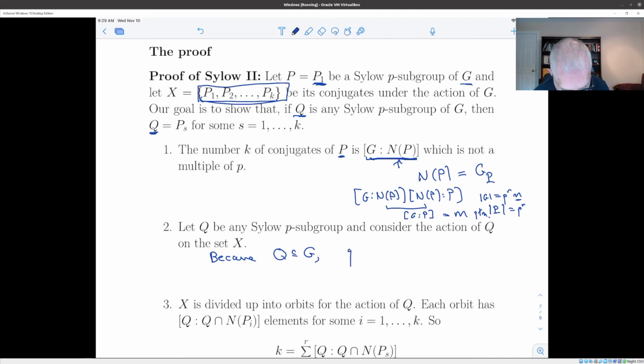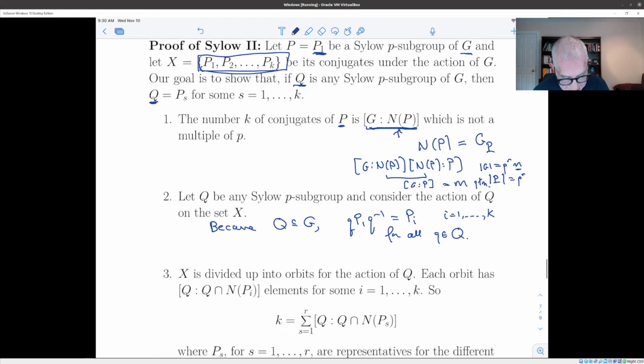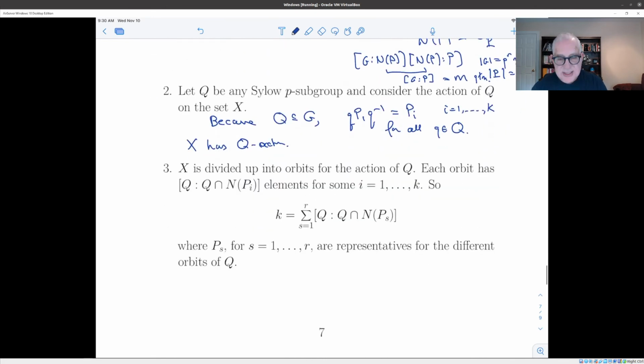So what happens is, because Q is contained in G, we know that q P1 q inverse is Pi, where i is 1 up to k, for all q in Q, because that's true for any element of G, and Q is in G. And so X has a Q action. It's a set with an action by Q. Now, when you have a set with a Q action, that set is divided up into orbits for the action of Q, and each orbit is going to have